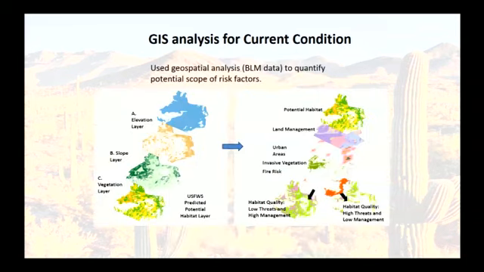Our next step was to try and think about what the current status of the species was on the landscape. But I'm spending a little less time on this representation and current conditions work because most of my contribution was for the future condition work. So I'm just going to go through this stuff pretty quickly. The current condition was based on a GIS analysis. So we took those conceptual diagrams of what kind of habitat they needed, things about the fire frequency, which I didn't show you. The wormhole went to the fire frequency one.